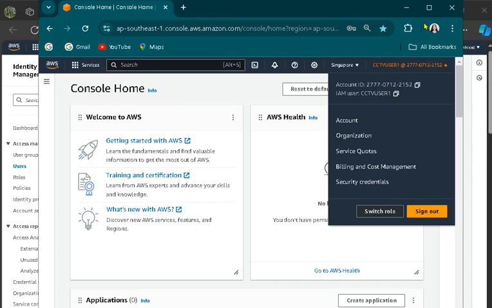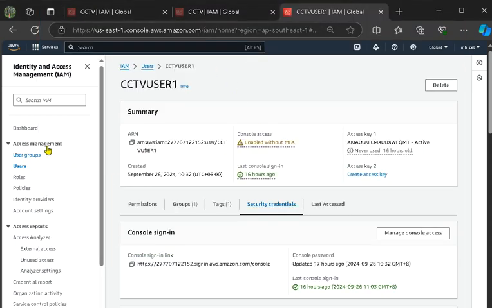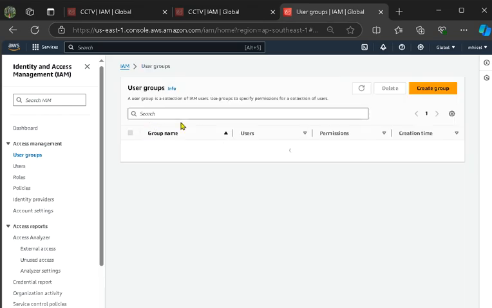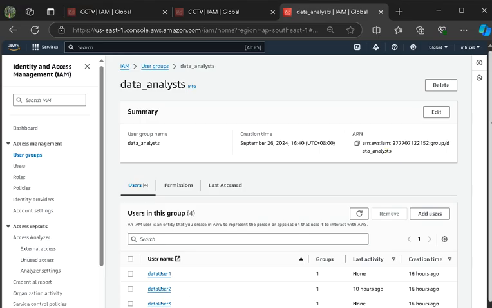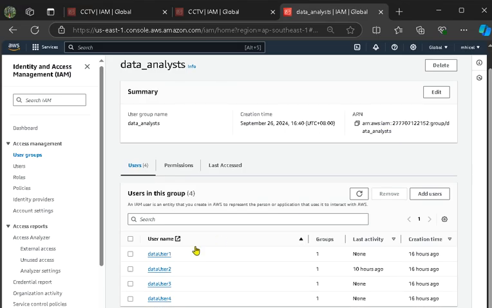And then I'll be logging in as another user from a different and separate group: for data analyst, user 2.